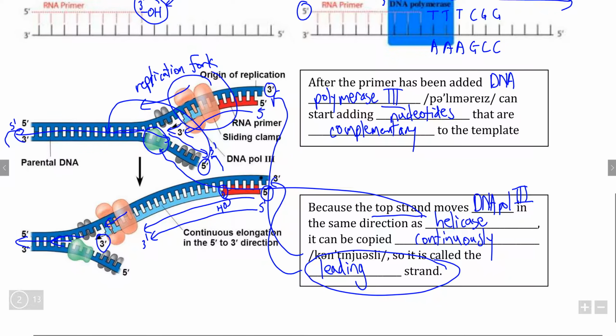When last we spoke about DNA replication, we looked at how DNA is copied on the leading strand of a DNA replication system. Now, we can identify the leading strand because if we look at where the 5' end is at the beginning of the RNA primer, and the 3' end being the 3' end of the last most recent nucleotide added by DNA polymerase 3, we can see that we read 5' to 3' in the same direction that helicase, the enzyme that opens up the double-stranded DNA into single strands, we can see that these two directions are